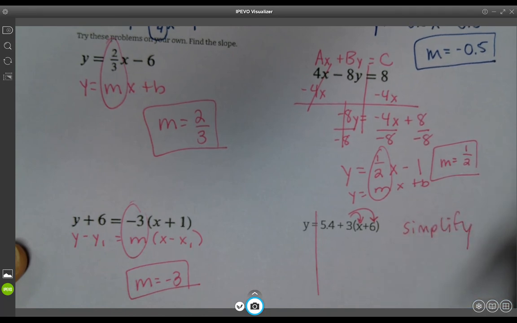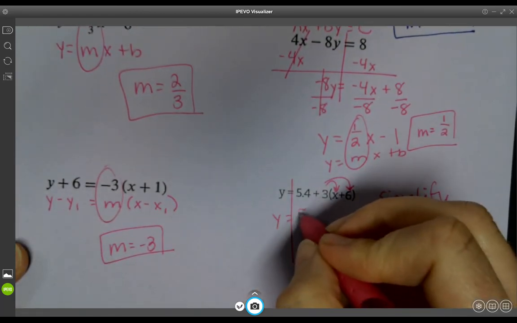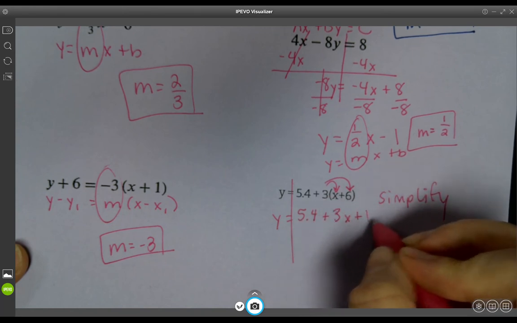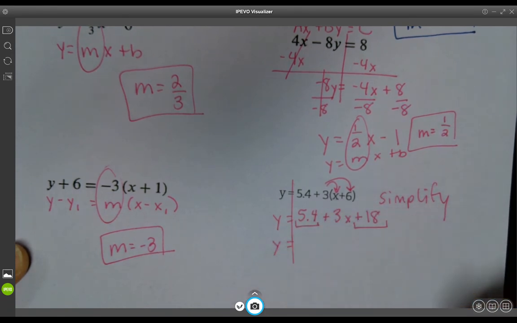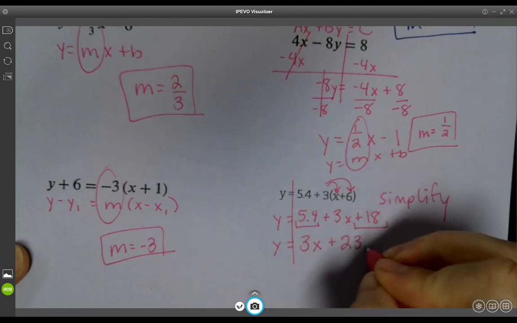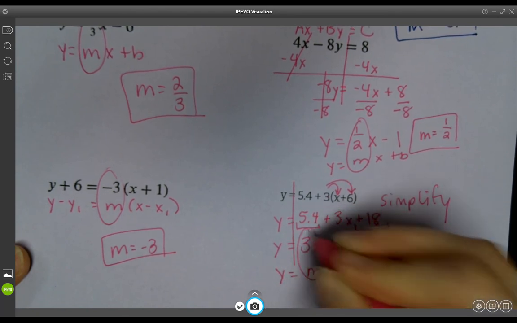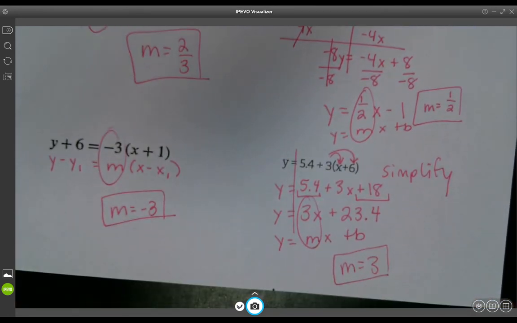This is like the one up here. So y equals 5.4 plus, multiply 3 times x is 3x, plus 3 times 6 is 18. And then you can combine your like terms. You want mx plus b first, so it's going to be the 3x. We're going to add 18 and 5.4, so it's 23.4. So our slope is known, which in this case is 3. Make sure you don't put x with your slope. You're just putting the number in front of x as your slope. Okay, and then you have an assignment that you need to